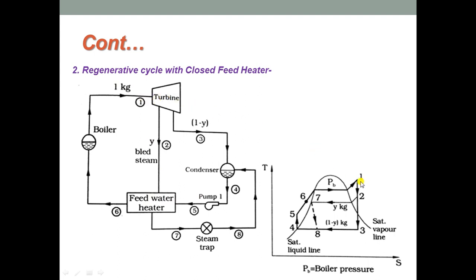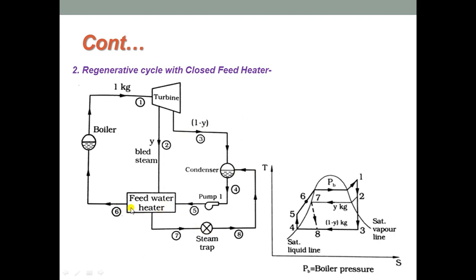The steam expands from 1 to 2, that is, to an intermediate state condition. Here, a fraction of steam equal to Y kg is extracted into the closed feed water heater, where it condenses on the outside of the tube. Saturated water is taken out from the closed feed water heater at a pressure P2, and the condensate is allowed into the condenser, where it mixes with 1 minus Y kg coming